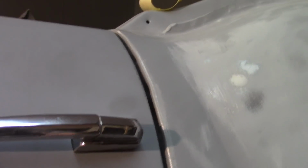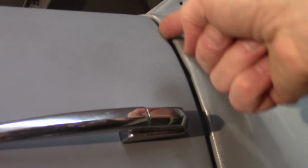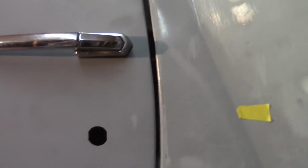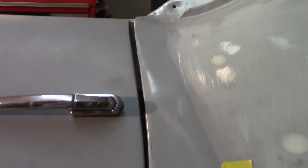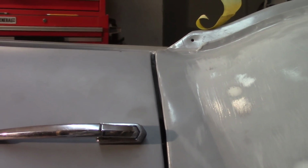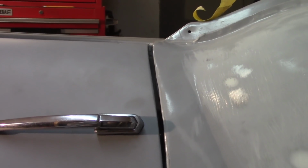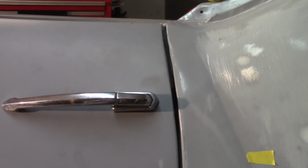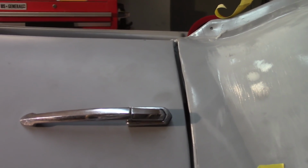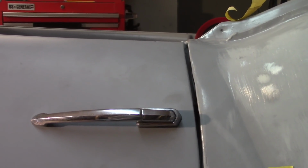And then obviously, I can't remember if I pointed this out or not. The door and the B-post don't have the same angle, don't have the same approach, I guess you could say, especially towards the top. This B-post actually isn't as bad, but I'll show you the passenger side if and when I get over there today, and show you that the B-post goes up much more vertically than the door does. This one is actually not as horrible. But I spoke with a gentleman on my favorite forum who said he bought his GT6 brand new, and it was the same exact way. Those gaps had always opened up. So anyway, as far as I'm concerned, the gaps are set